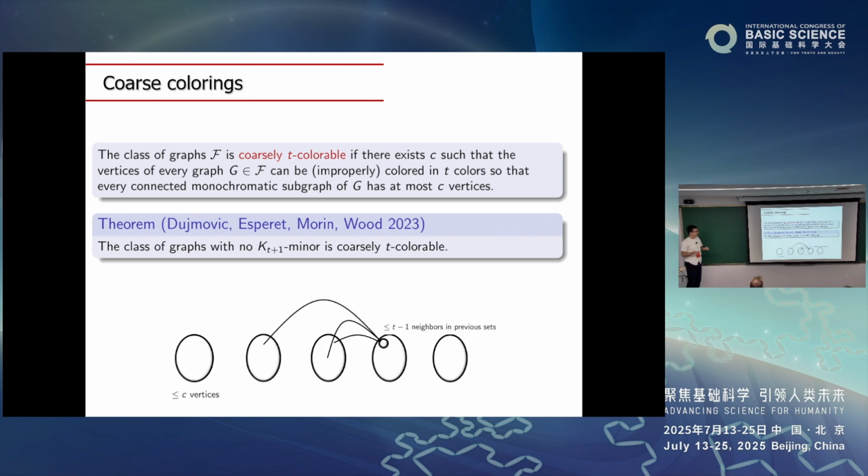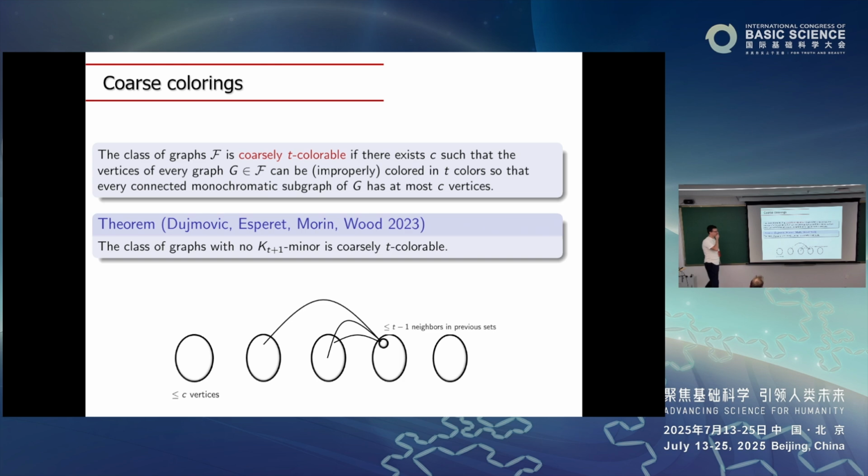There is a weaker notion. A graph is coarsely t-degenerate if you can divide it into chunks and order them so that every vertex has at most t-1 neighbors in the previous sets. And it's easy to see that this implies coarsely t-colorable. So in the unpublished theorem of Dvořák and me, we replace t-colorable by t-degenerate. So we believe we can prove the degeneracy version.